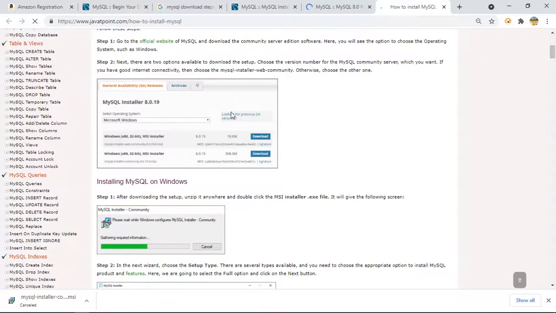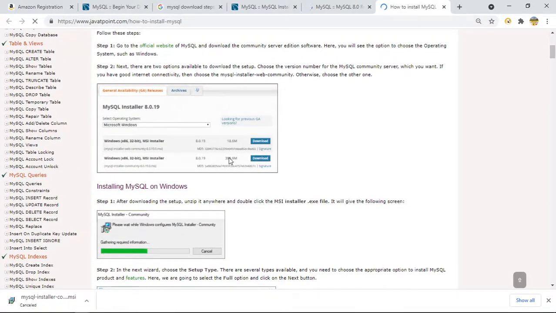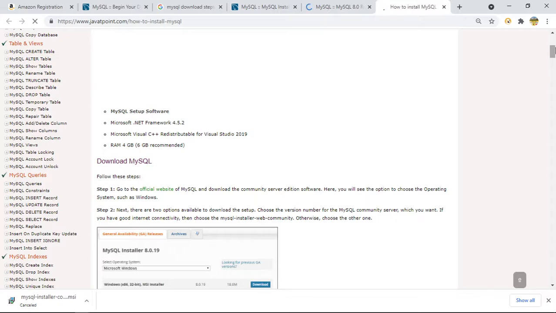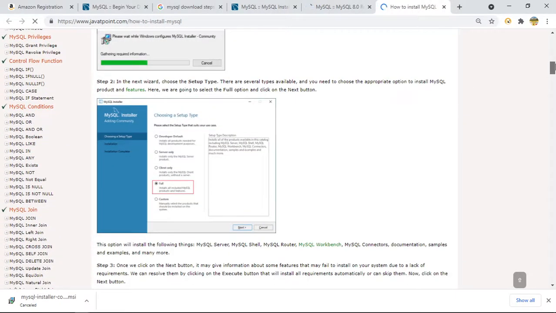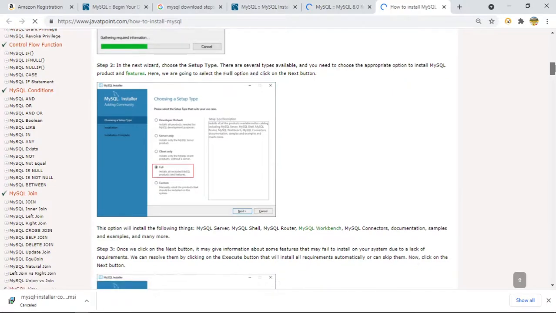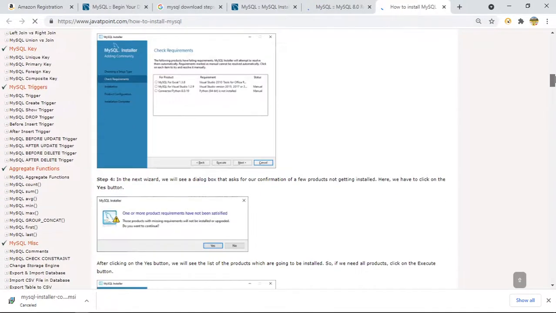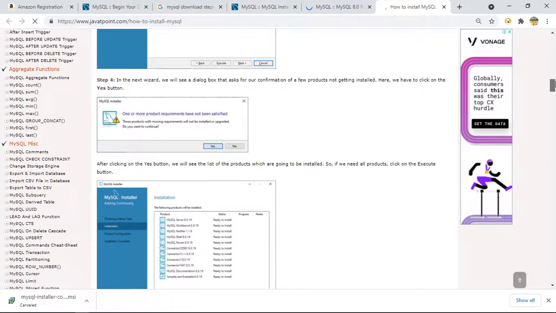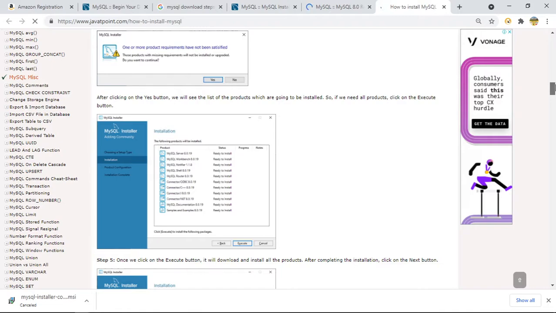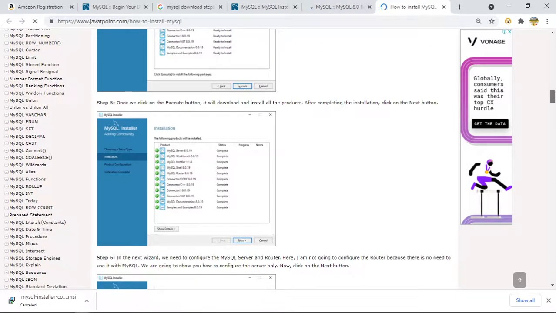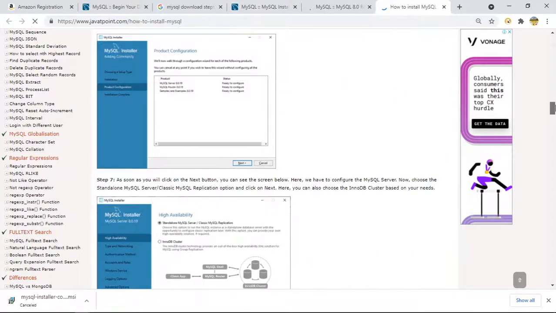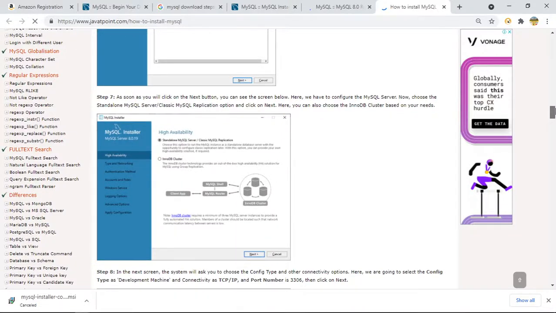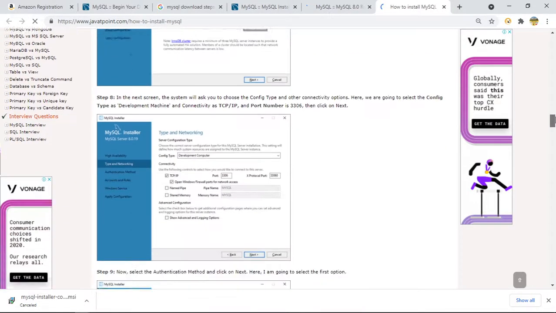Okay, so you can see this is the same link which we have downloaded. After this .exe file is downloaded, you can come down and go with the full installation. By default, whatever option you see, go with that and click next, next. After that, it says if one or more products have not been installed, you can click continue, and then click next, next again. Again, click next. Do not change anything, just click next.